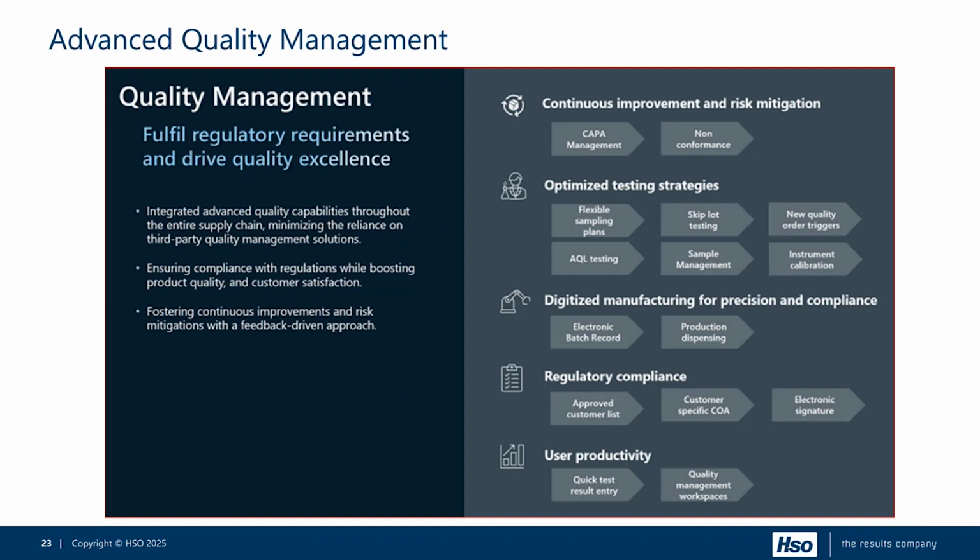So actually a new area, a new feature. I suspect this may have been purchased as an ISV, but integrated: advanced quality management. So there are elements of this available now, but as you can see, we've now got regulatory requirements, quality excellence is kind of integrated across the supply chain. So helping you to work on continuous improvement, customer satisfaction, compliance, quality excellence. And you can see all of those elements which are brought to the fore. So CAPA management, non-conformance, and you can see that there's